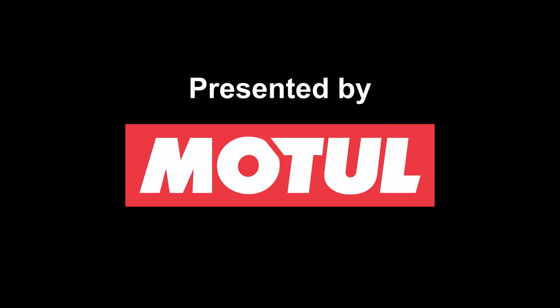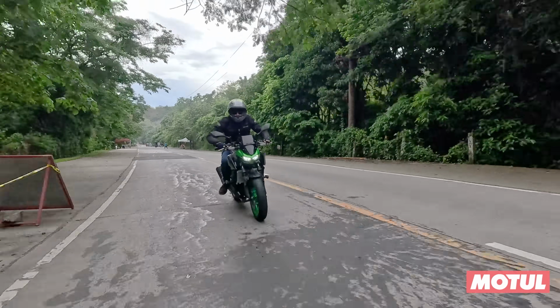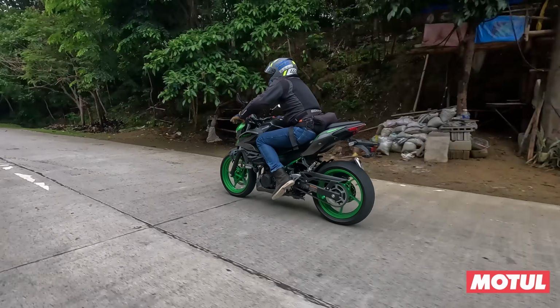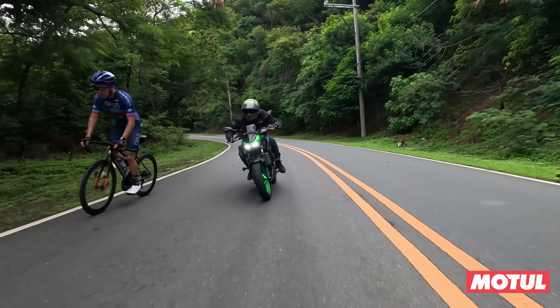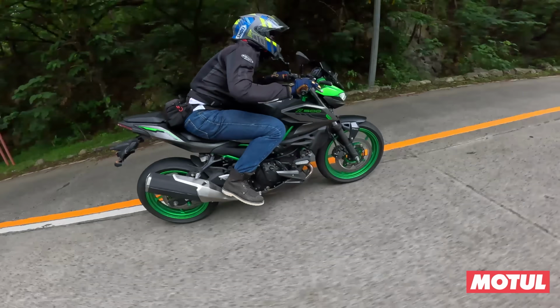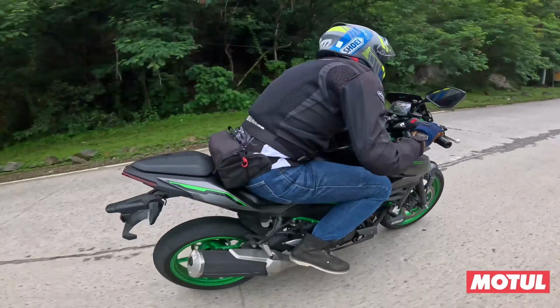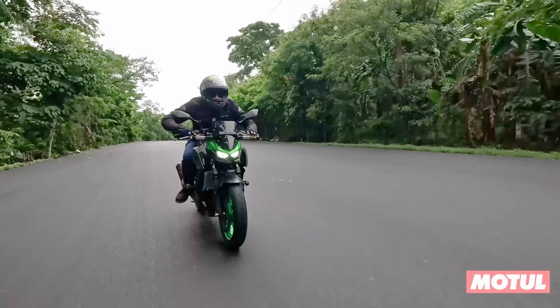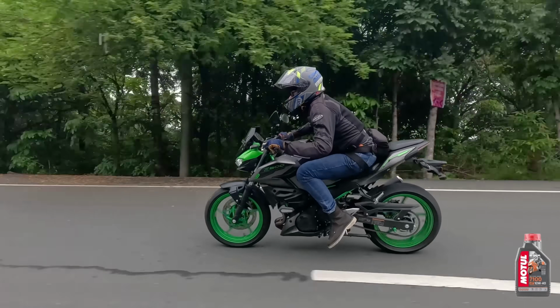Magpakasaya mamayang gabi, makalimot lang ng ilang sandali, magbihis ka na, sunduin kita, alas 10:30 magdamag ang lakad hanggang umaga. Oras natin ngayon, wag mo nang